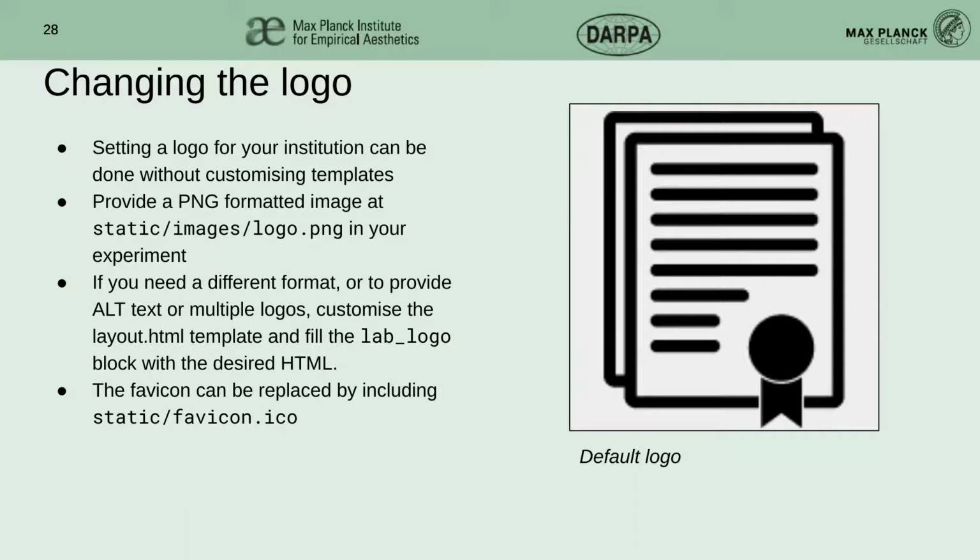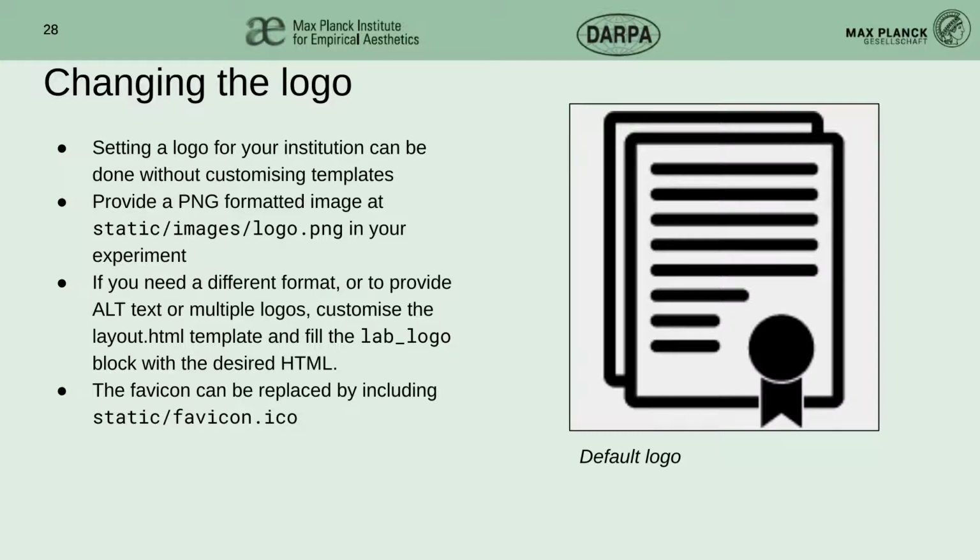Base add HTML extends from layout, and layout extends from base layout, which is a pretty convoluted thing, right? But what that's saying is that in the base directory, there's a layout, and that is the one that ships with Dallinger. And you can customize that layout in templates layout HTML. And any customizations you use there will be used by all pages in the experiment, whether or not you have customized them. So in that, you would do extends base layout like you did with add HTML, and I believe